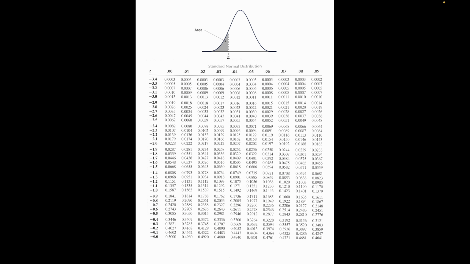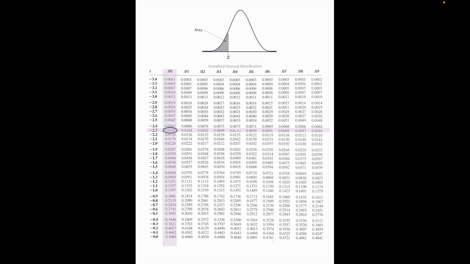This is the table that we're going to use for negative z-scores. You'll notice along the column on the left-hand side, those are all negative z-scores. And we're looking for negative 2.3. So find negative 2.3 and highlight that. The digit in our 100th decimal point is a 0. We're looking at 2.30. So let's take that column. The intersection of those two lines is the area that I'm looking for,